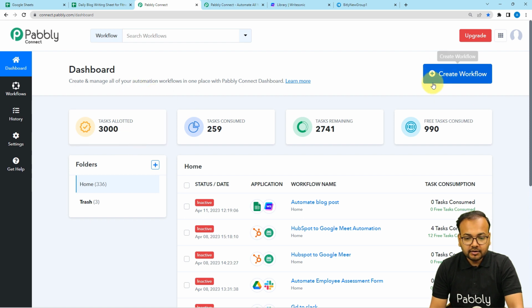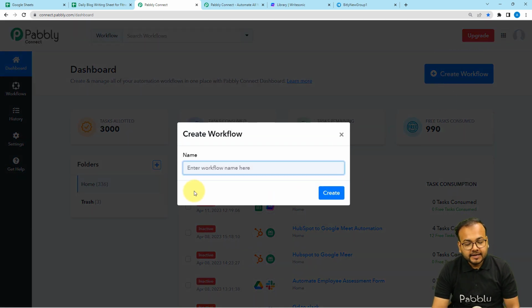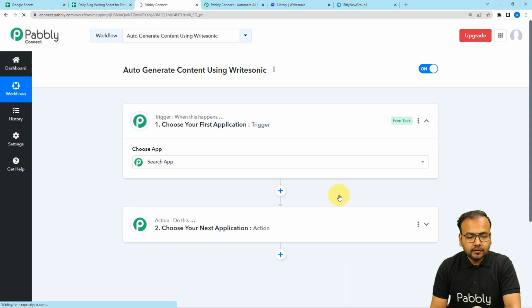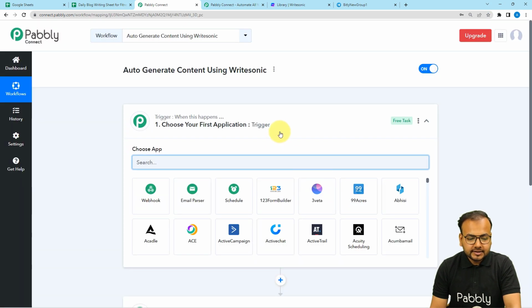From here you have to click on this create workflow button. Here you can give a suitable name to your workflow. So we are giving the name here. Alright, so I have given the name auto generate content using Writesonic. After giving such names, click on create button and your workflow page will load up like this,